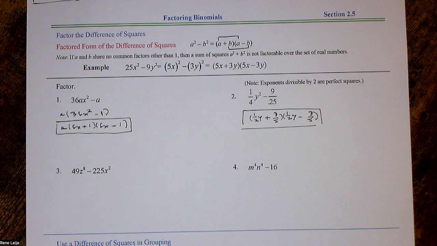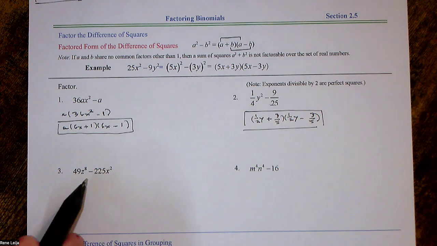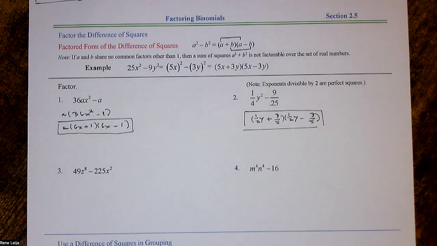Okay. Now, number 3. These can be tricky. So 49z to the 8th minus 225x squared. All right, so for the numbers, I know 49 is a perfect square because it's 7 times 7. 225 is a perfect square because I believe that's 15 times 15. Is that right? Yep. Okay. And then this has an x squared, so that's x times x. So it's the z to the 8th that's